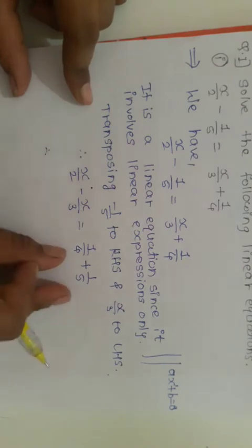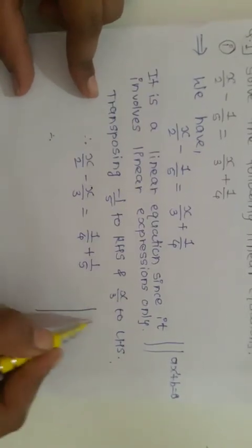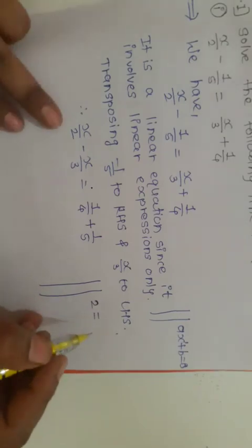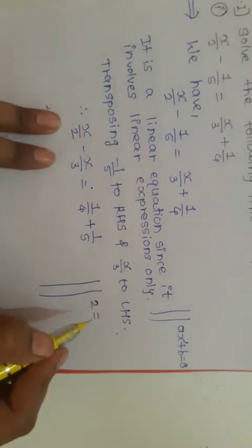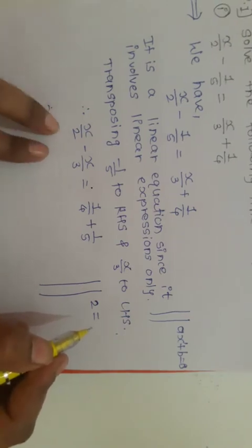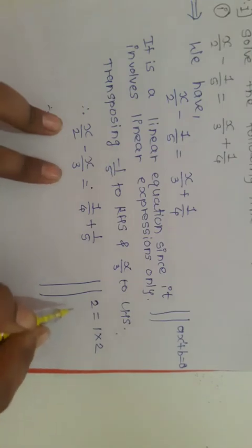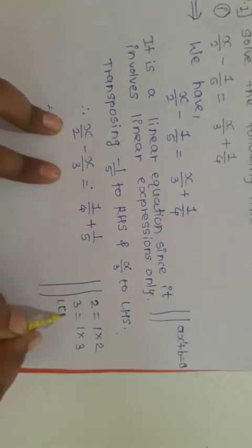Now we have to find the value of x, so we have to find the LCM of these denominators. LCM of these denominators, so 2 and 3, how can we find the LCM? You know very well how to find the LCM. First we have to take the LCM of these two numbers, 2 and 3. So factorize 2, 2 is equal to 1 into 2. How can we write 3? 3 is equal to 1 into 3. And LCM is what then?